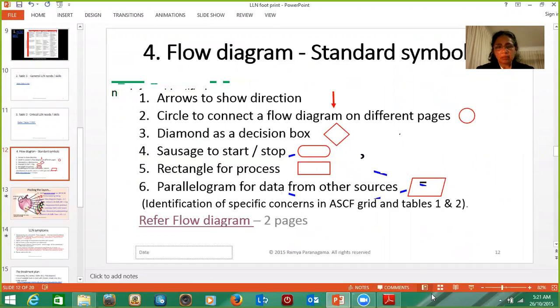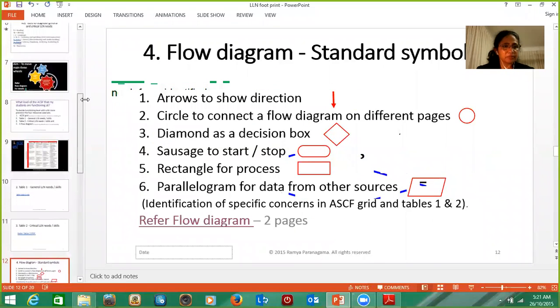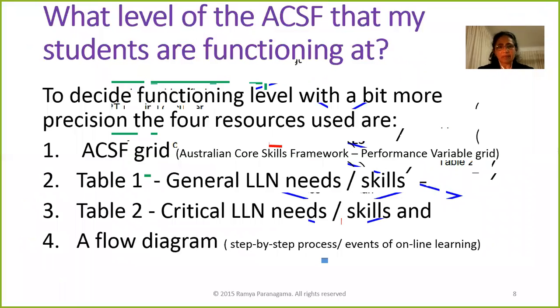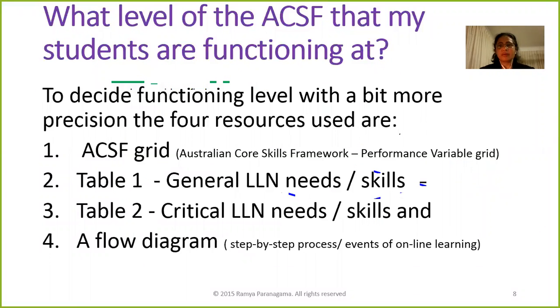If I go back to the items I have indicated here, we have the Australian Core Skills Framework, the general language, literacy and numeracy needs or skills, another one called critical LLN needs, and a flow diagram showing the step-by-step process of online learning. These 4 major items have certain further elements, but it is not clearly highlighted. There are some areas where special connections have to be made. To do that, I have created